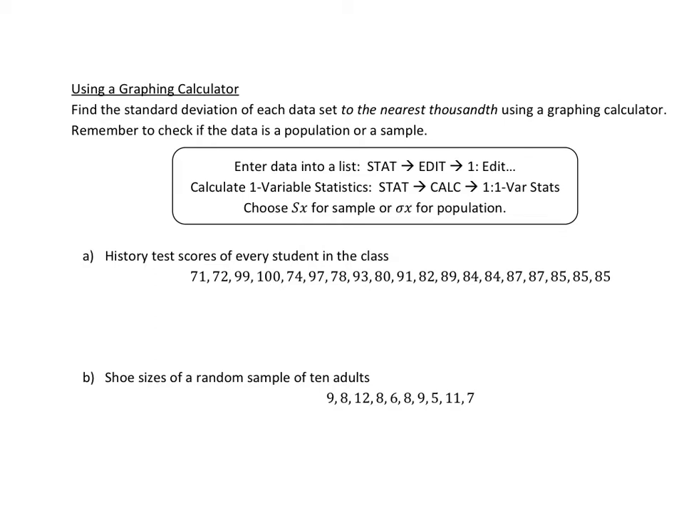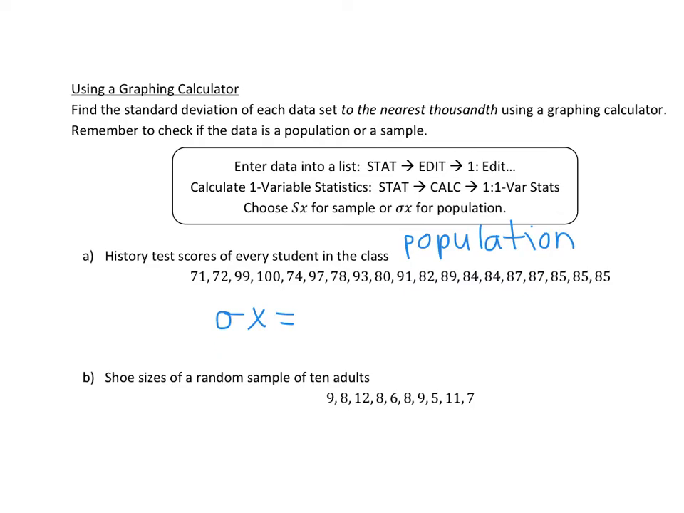Now that the diagnostics are on, we can go ahead and enter this information into the calculator. I'm going to do letter A for you, and then you're going to do letter B on your own. So letter A, history test scores of every student in class. You are talking about every student, therefore we are talking about a population. So when we do this in the calculator, we are going to look for this symbol, and that will be our standard deviation. And again, if you remember, this symbol right here